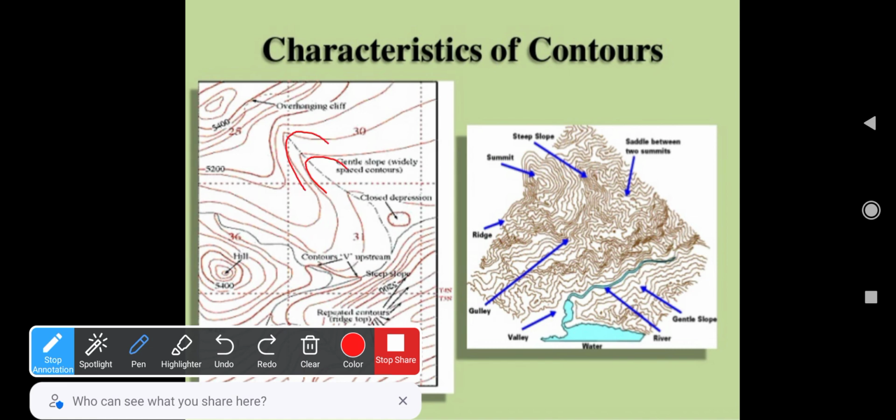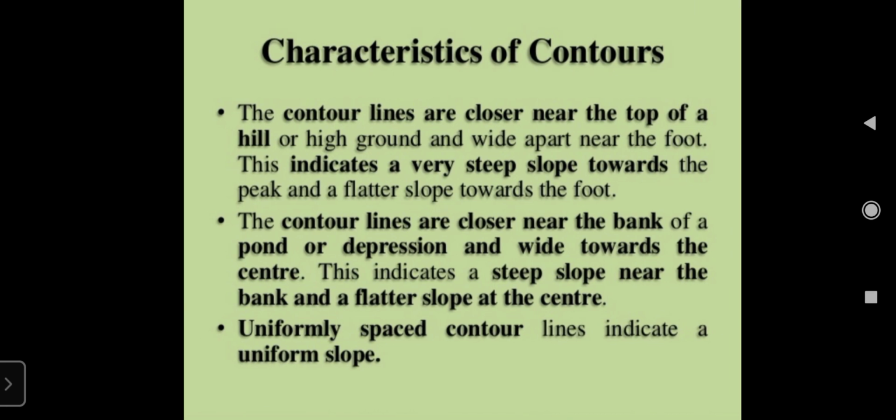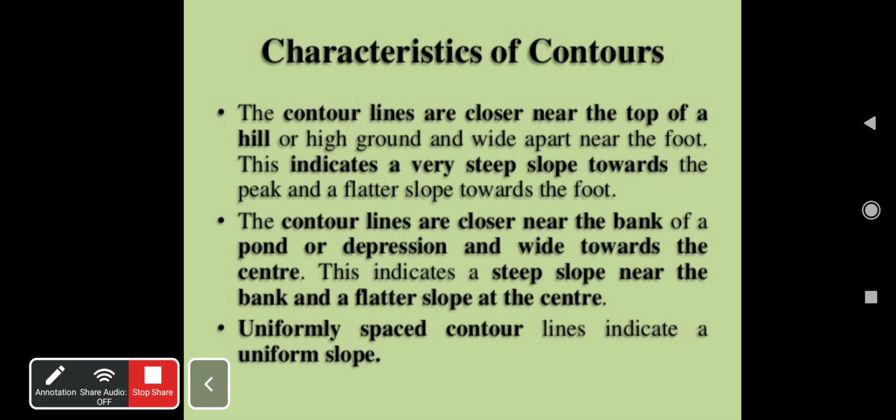Here it is indicating different types of features. For example, this green line is showing the river, then this is the water reservoir, this is the valley, this is the gully, this is the ridge, and this is the sub unit. Here you can see a gentle slope but no sharp turning. The design is made in such a way that the people following the map will be able to understand what the height is, where the mountain is, where the lake is, where the railway track is, like that.